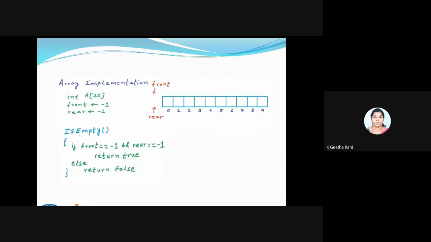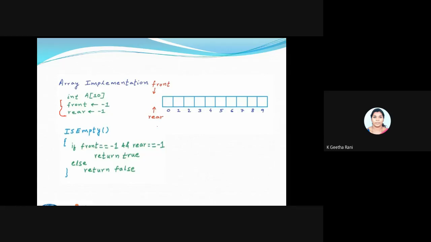Fine. So next you will see some pseudocode of each and every operation. I have taken an empty array here, so I'm making an initialization. Assume I'm going to have an initialization called front equal to -1 and rear equal to -1. This tells me I'm not pointing to the array. It's somewhat before the array index.